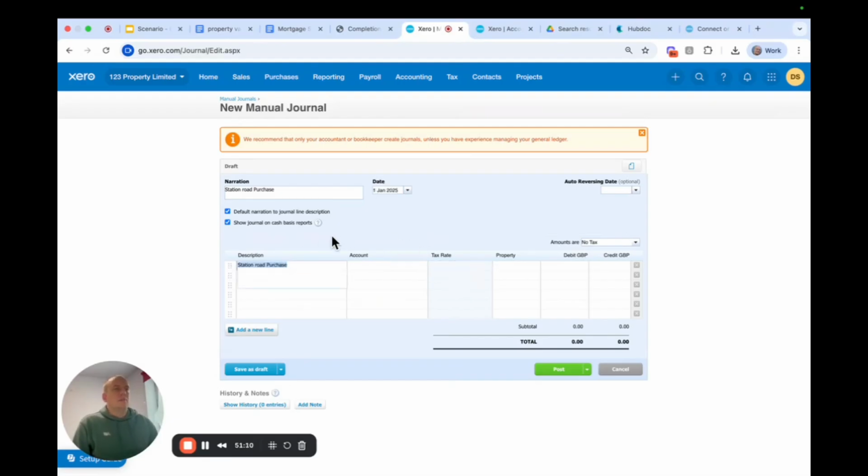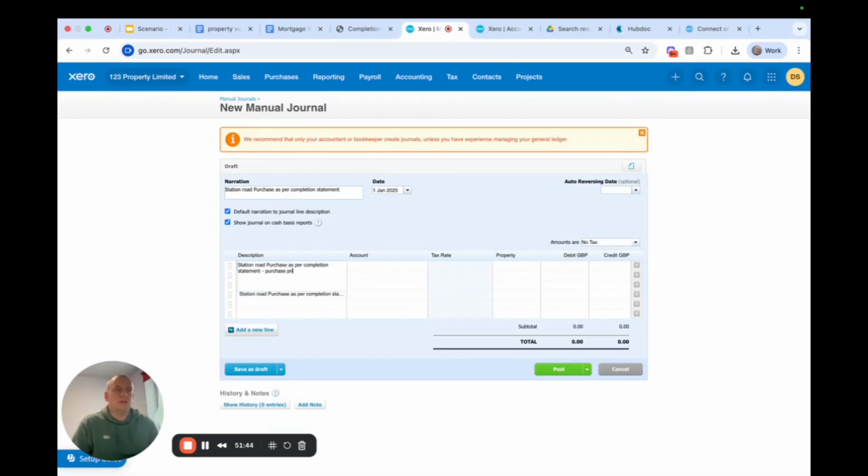We're going to need to copy that description. We'll put Station Road purchase as per completion statement, and just copy that down. Normally it'll do that automatically for you; it's only because I edited it afterwards that it hasn't. Right, so these are the accounts and transactions we need to process. We'll add the information in here for each of them. The first one is going to be